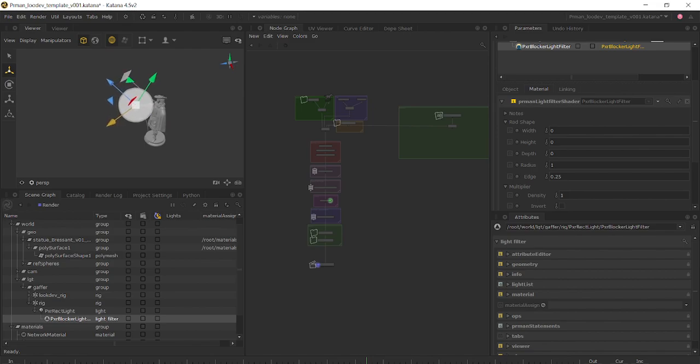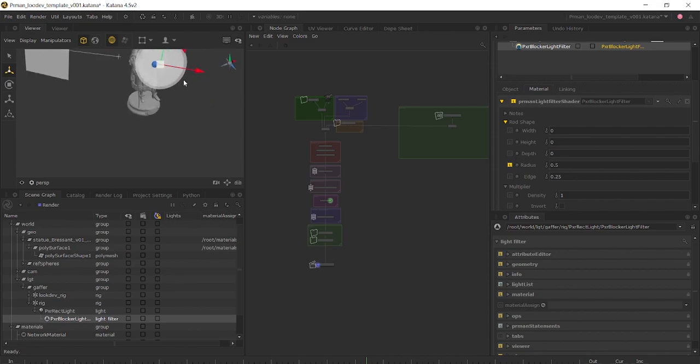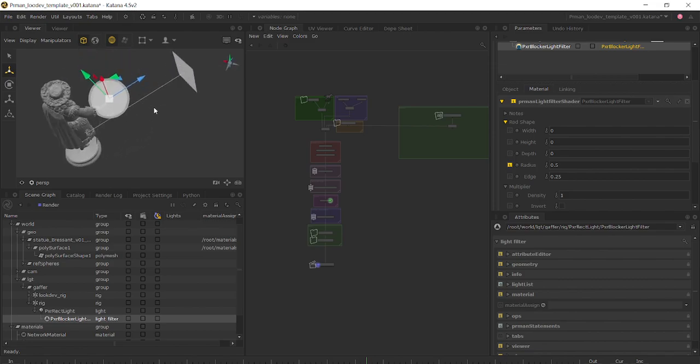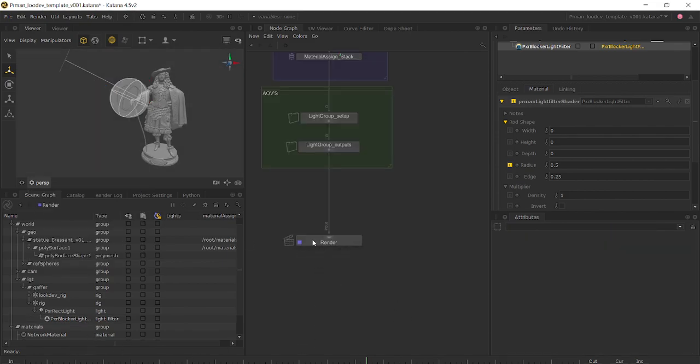Say I want to keep it here, and maybe I don't want it to be so big. Maybe I'm trying to block out the light from this arm. Let's keep it around there. So as you can see, this should work. So if I preview that,